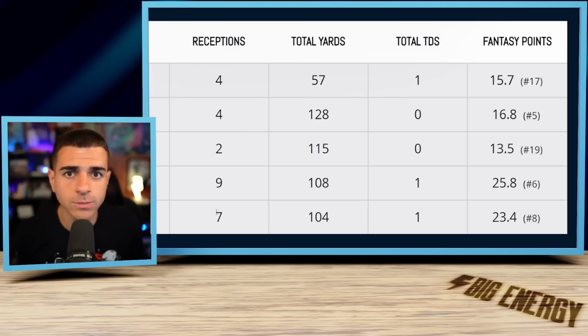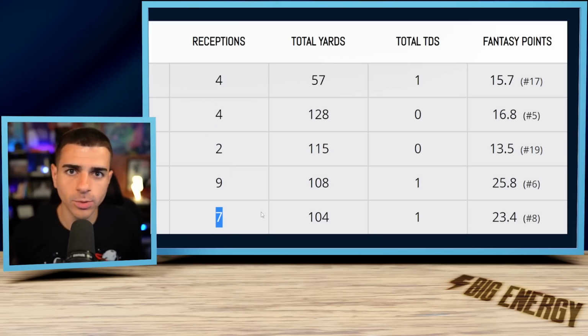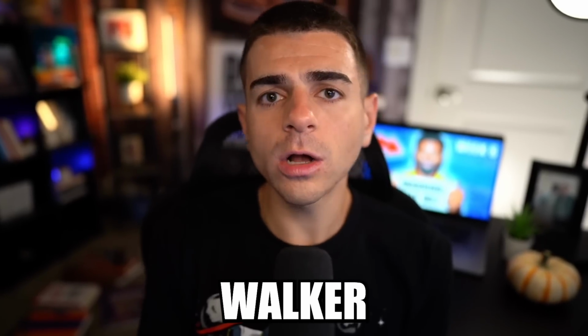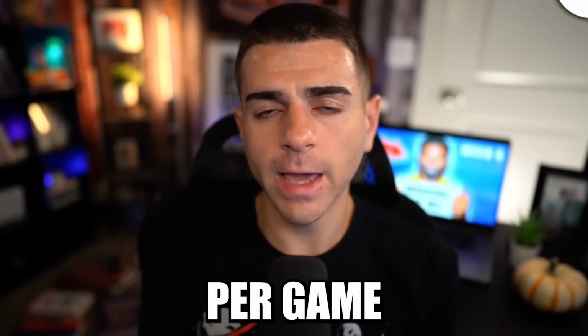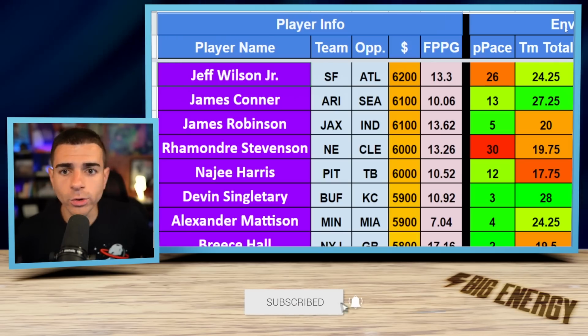They've clearly changed the game script to say, yeah, we need McCaffrey not to have 2 and 4 catches. Instead, let's get him 7 plus a week. And in 3 games played with PJ Walker, McCaffrey averages nearly 18 points per game, so it's still a solid producer. So McCaffrey's a lower owned option, with the highest owned play in the slate, according to the blueprint linked down below on Patreon,